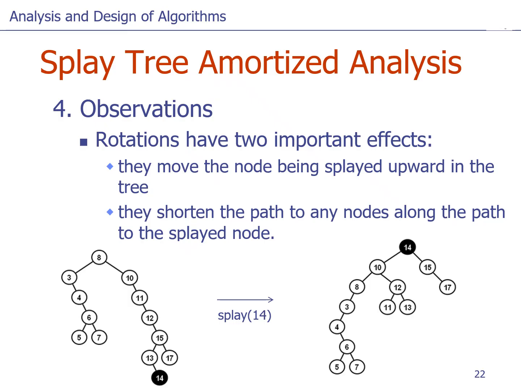This is the 14 example. After inserting the 14, and I will display the 14, and the final location of the 14 appears in the right figure, where the 14 is sitting at the root. But notice that all the nodes that were on the path from the 14 to the 8 in the left figure also got pushed up a little bit upward. Like for example the 15 and the 13 and the 17, they all moved up,